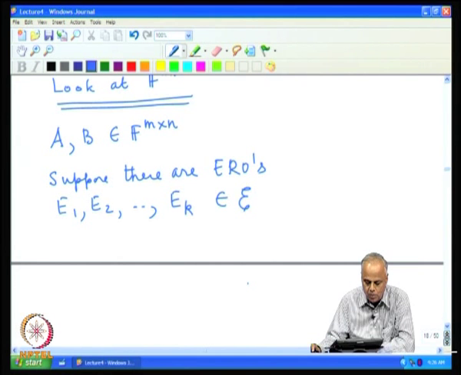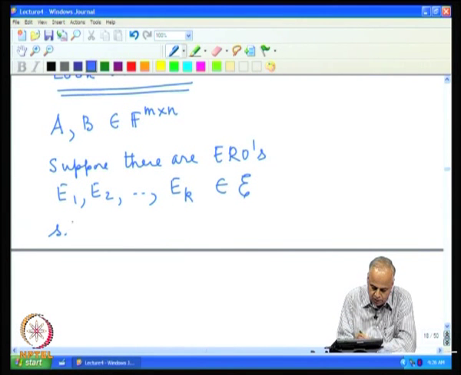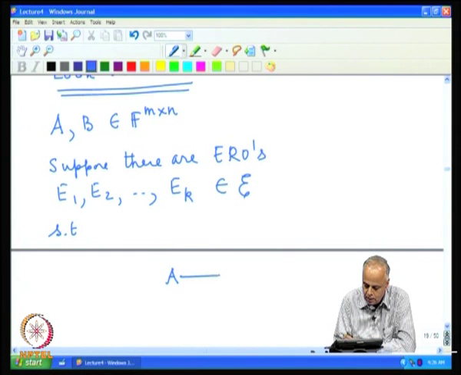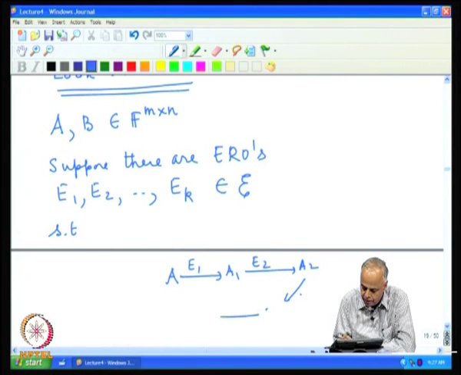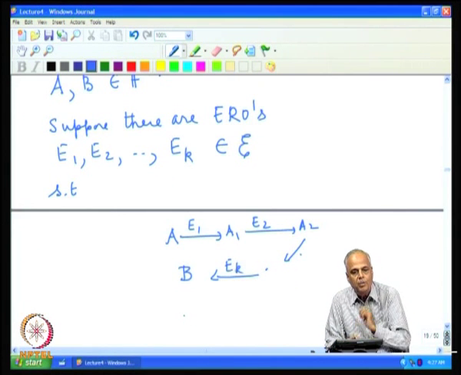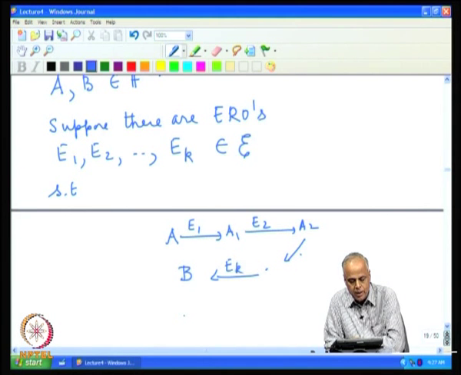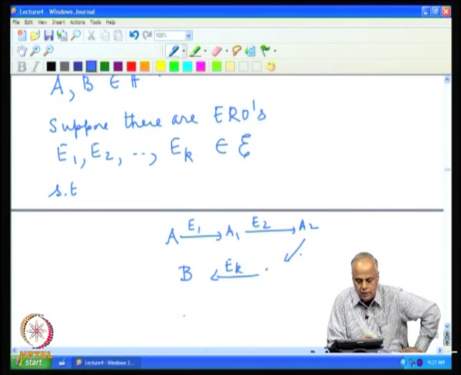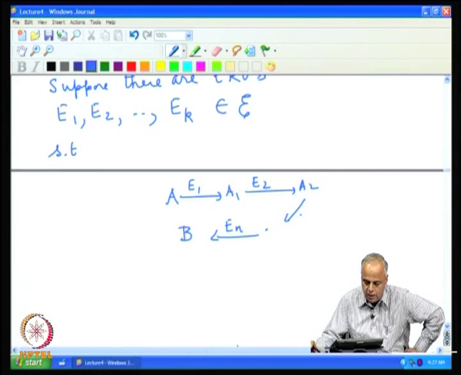Each one is an elementary row operation. Suppose they are such that when I apply on A successively the elementary row operations, I get A1, then I apply the next elementary row operation, I get A2, and so on and so forth, and finally I apply the last elementary row operation and I get B. Suppose I have two matrices A and B and a succession of elementary row operations such that when I apply this succession of elementary row operations on A, I get the matrix B,